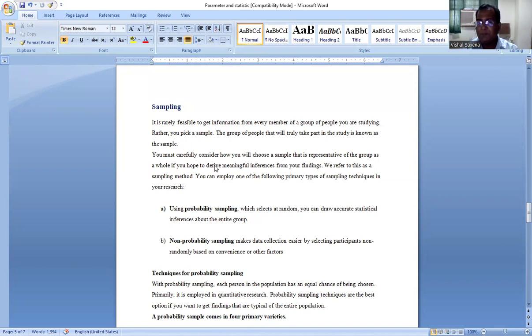It is rarely feasible to get information from every member of a group, so rather than studying everyone, you pick a sample. When a group of individuals is large, it is very difficult to get the information for